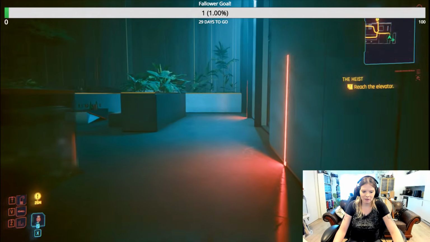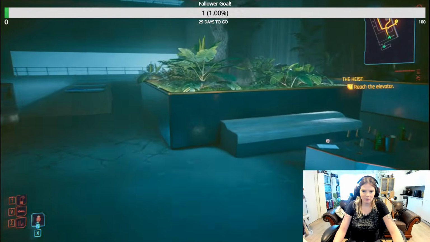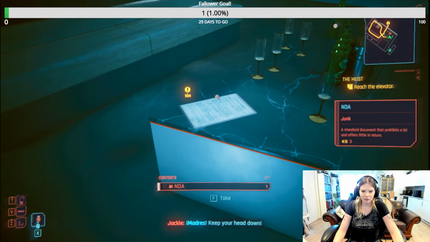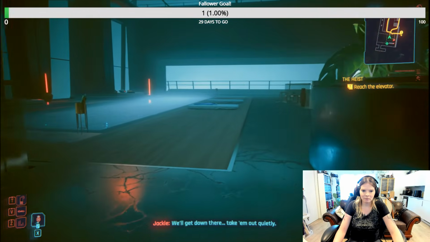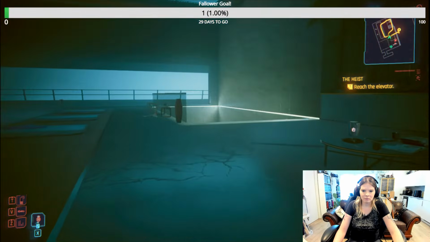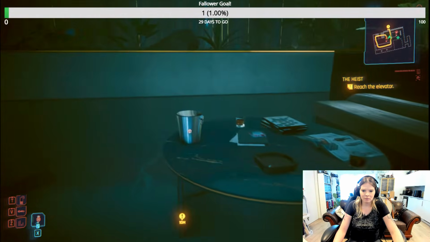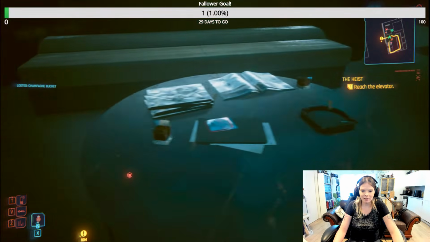Okay. Securing the floor. Clear. Understood. Oh, look, a note. An NDA. We'll take that. This was a drill. Why'd they send in Sokka Special Forces? Quietly. Special Forces? In the lobby now. Gonna sweep the building. All